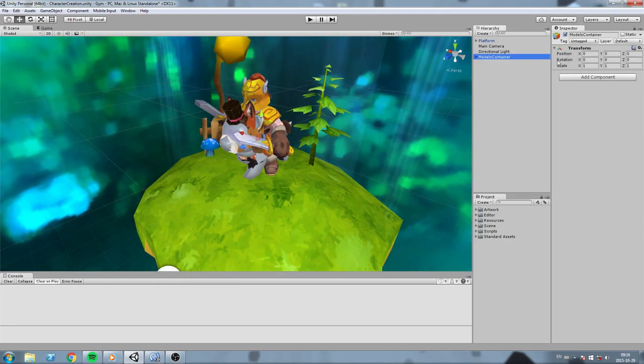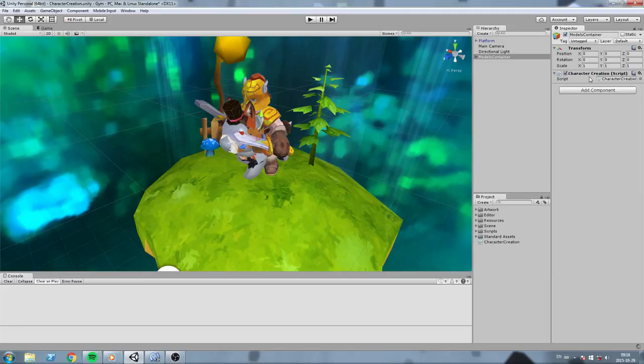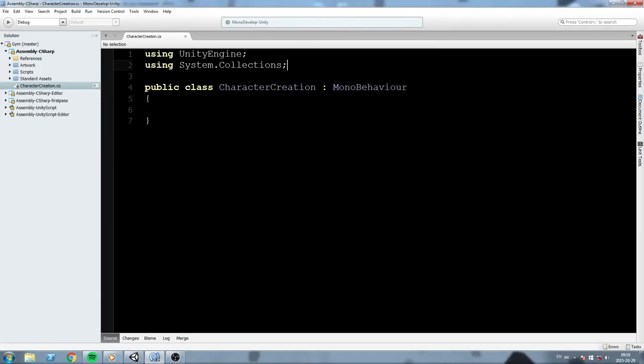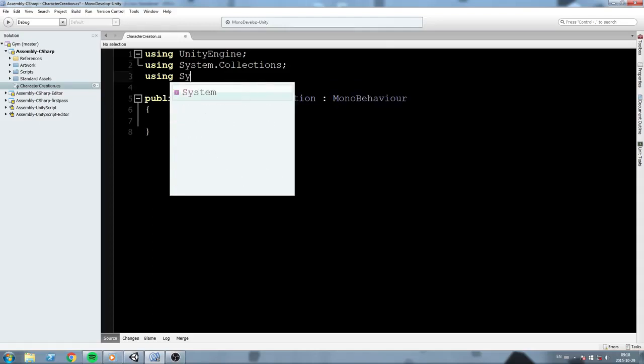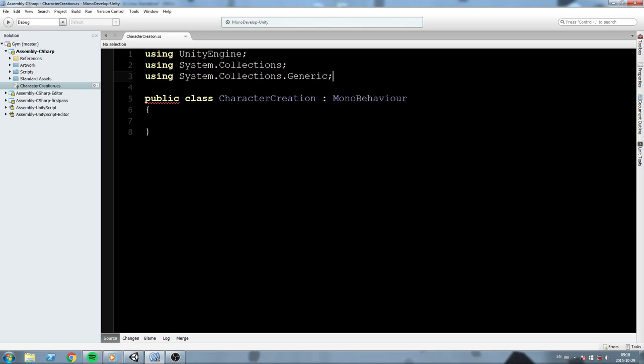Okay, now we'll proceed to creating some scripts. On top of the model container, I will go ahead and declare myself a new C# script that I'll call character creation. You can call it whatever you want, but for my personal scene, I will call this character creation. Okay, so in this script we'll be using some lists, so make sure you include System.Collections.Generic,